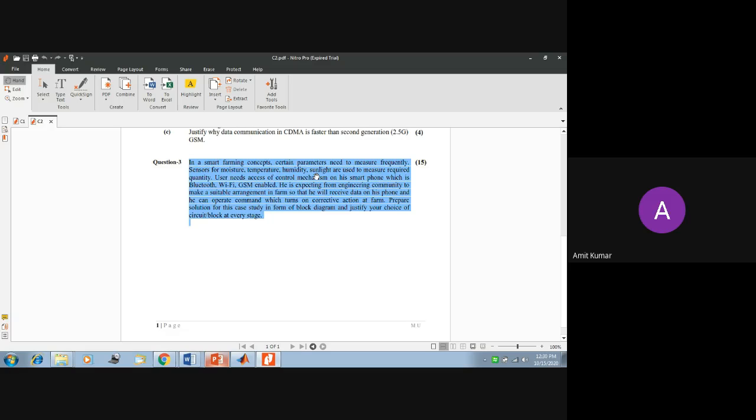He is expecting the engineering community to make a suitable arrangement in the farm so that he will receive the data on his phone,